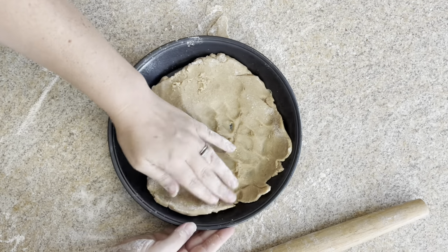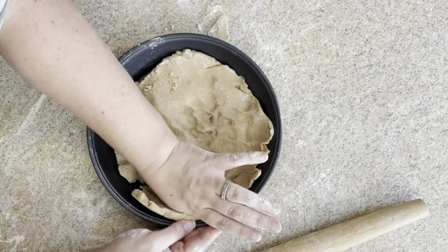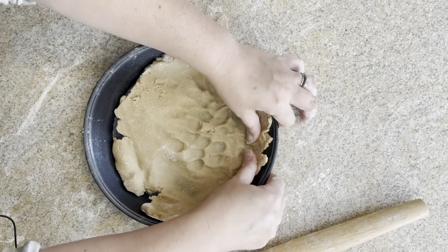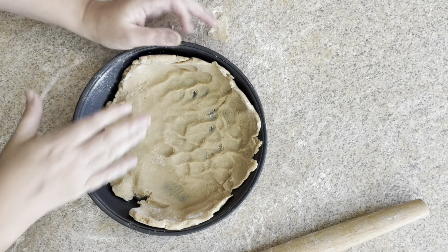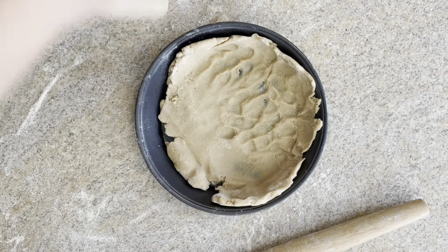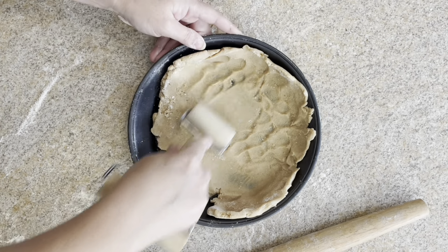So what I like to do, because this is just easier, especially on the bottom crust. Now we will have to baby the top crust a bit more, but I just like to kind of mush it in here, keep things in place. Okay, and then start spreading it out. Another option that you have is one of these little pizza roller type things where I use the smaller end for here, and I do need to